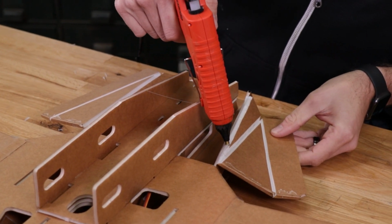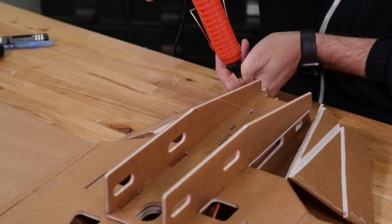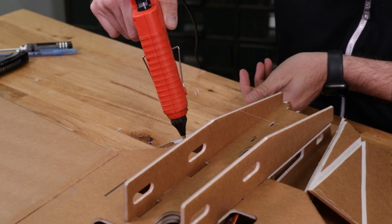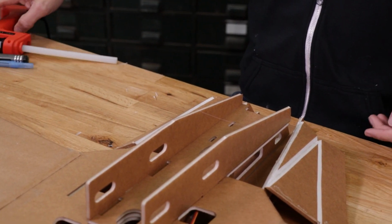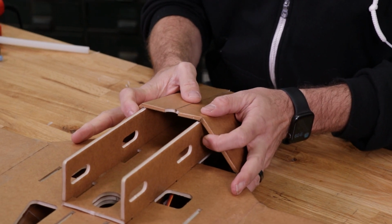One, two, same on the other side. Kind of let gravity do us a favor and seep down where it needs to. There we go. Then right back up like we did before. Again, holding the nose in place,